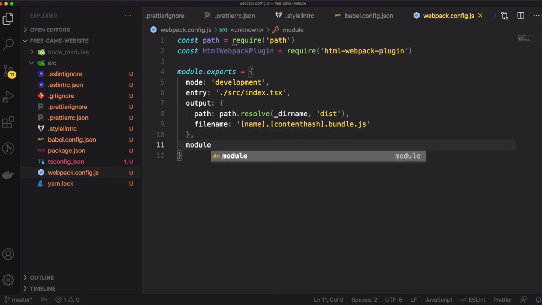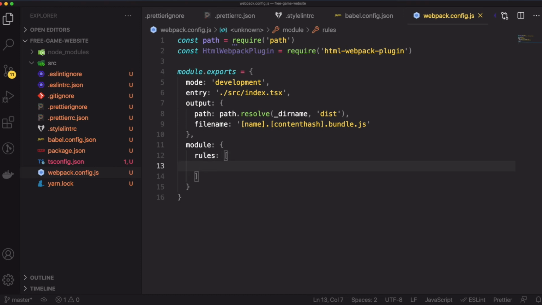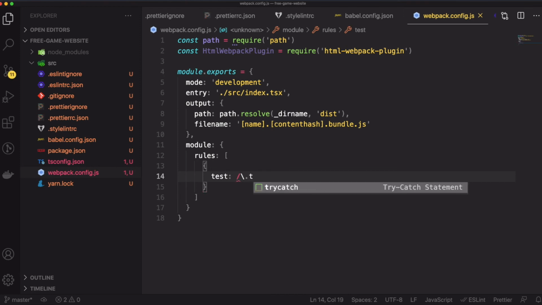And moving on to module. Module is where we define all our loaders. The loader here for us is just a Babel loader. So what the Babel loader does is it's going to look through all of our TS or TSX files,